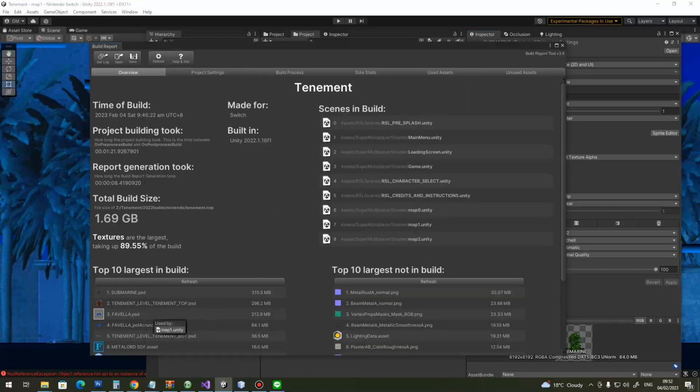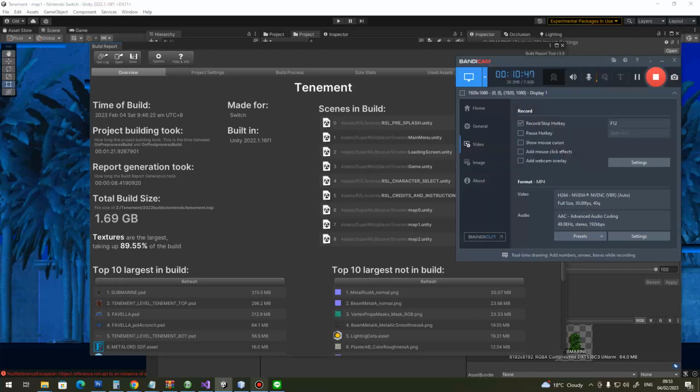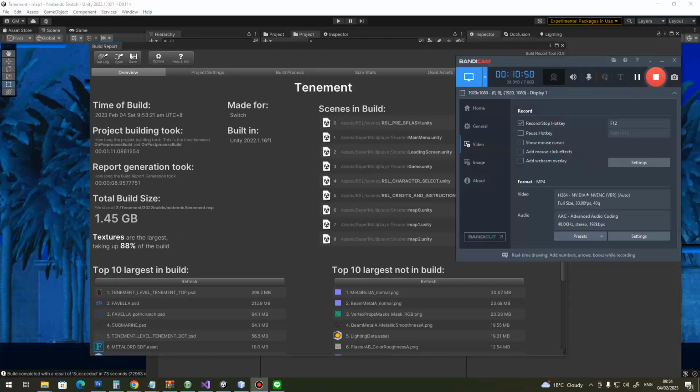So as you can see, in the build it was 315 meg. I'm going to note that one down. And then I'm going to pause this, build it, and we'll check how big it is afterwards. Okay, there it is. By removing the redundant layer and using the power of 2 and crunch compression, it is also down to 64 meg. So that must be literally because of the 16,000 by 16,000. They're always going to take the same size, but 315 megabytes down to 64 megabytes is a comical level of saving,